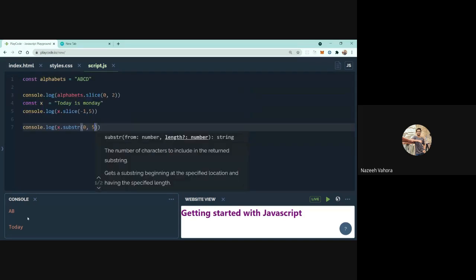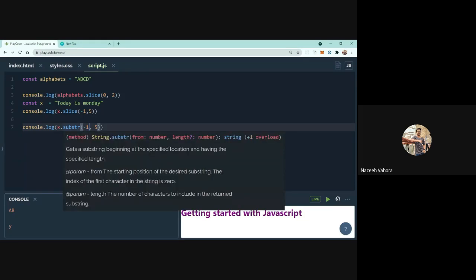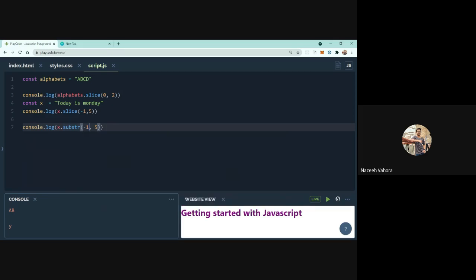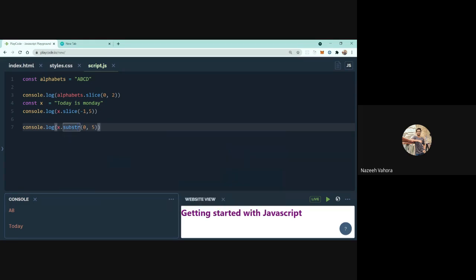As we can see, we are getting our output, and if we enter -1 here as we have done, in some versions of ES6 it will throw an error. For some reason it is not throwing an error here, but we shouldn't actually use this. It usually doesn't accept negative values.